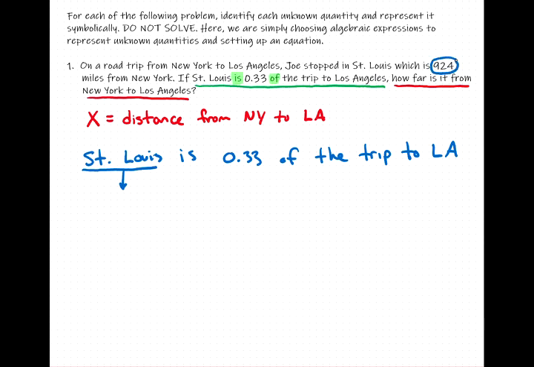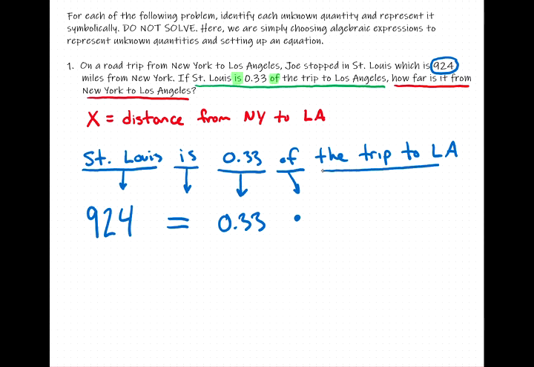That's the 924. The trip to St. Louis is equals 0.33. Well, that's already a number. We don't need to translate that. Of means multiply. And the trip to LA, the full trip from New York to LA, well, that's what our variable is representing. And so the full trip to LA, the unknown, that is x. Let me actually write it in red for now. So we see the trip to St. Louis, 924, is equals 0.33, well, that's the number, of multiplication, the trip to LA, that's our variable x. So in this case, our mathematical equation is 924 equals